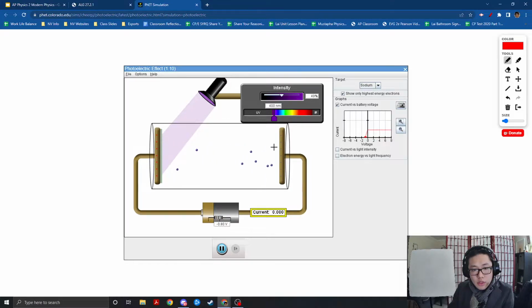And now these electrons are getting slower as they try to get to the other plate, and this is called a stopping potential. This is because of the V field value of this battery, Vstop, the voltage of this battery, where voltage is the difference in V field. We could call one side 0V, the other would have to be the difference in the V field, so we have a difference of 0.8 volts right here. So Vstop would be the difference